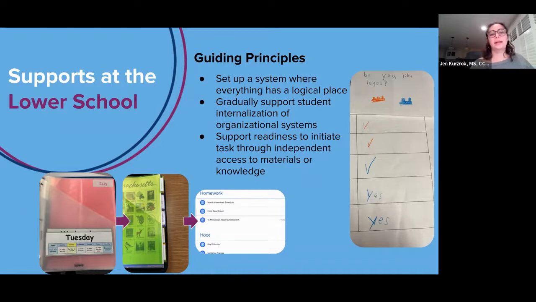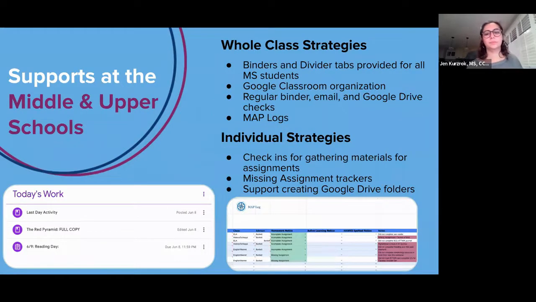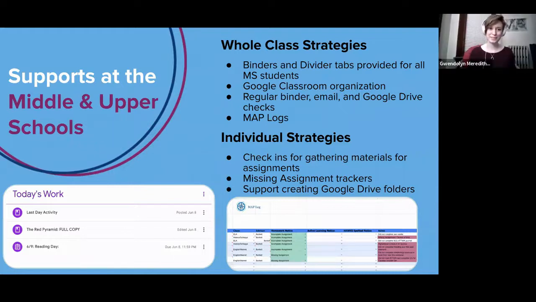And that really, again, supports their readiness to initiate a task because they can independently access the materials or the information that they need. When we think about that social piece, that can also look like both organizing the information we have about other people and sharing materials with others and knowing what's a shared material, what are the expectations for shared materials, and that perspective taking piece of if I don't put this material back where it came from in its logical place, then the next person who needs it won't be able to find it. Those are all very important parts of material management.